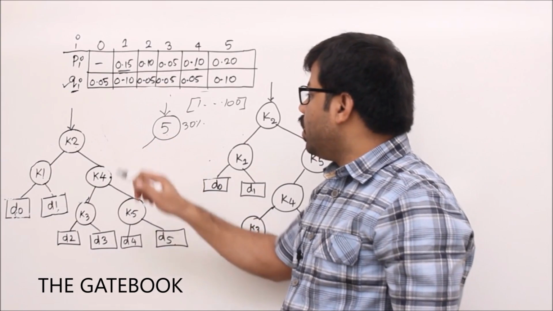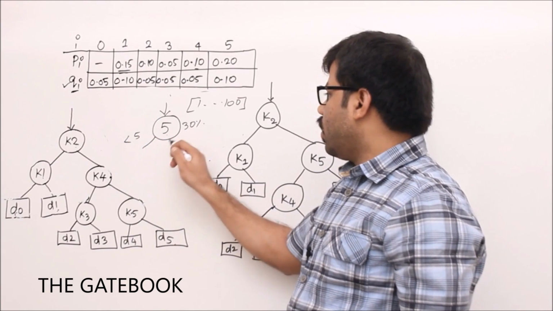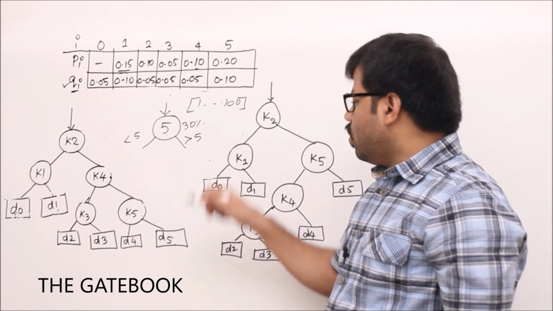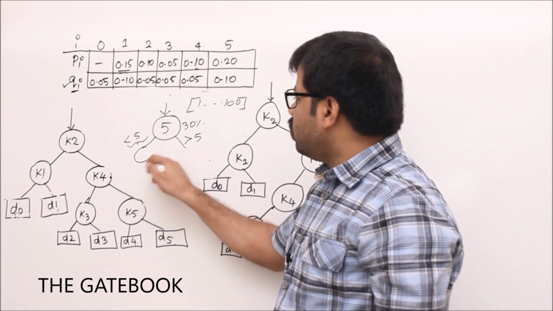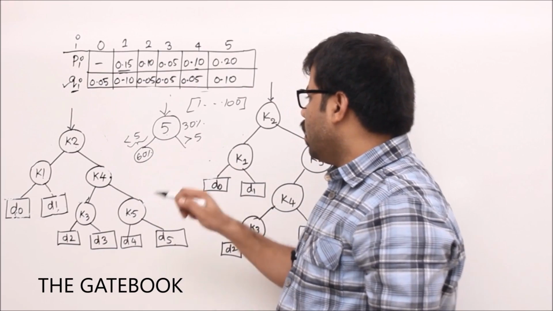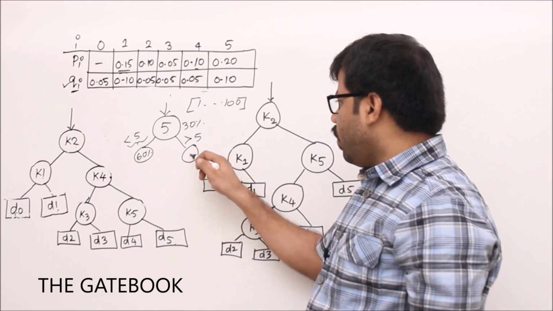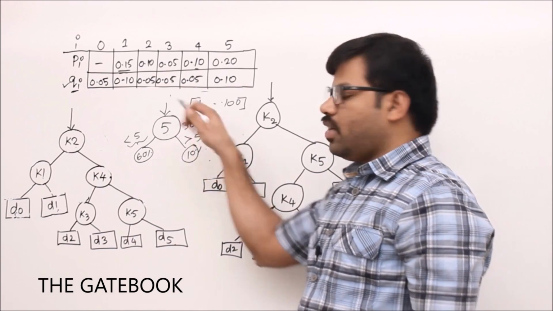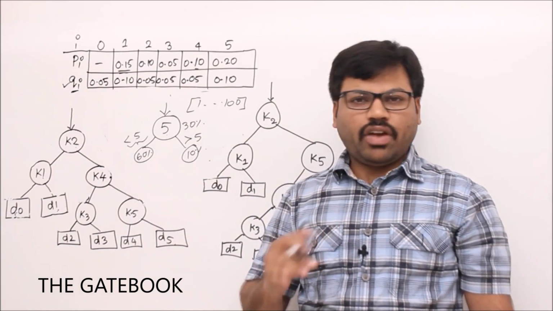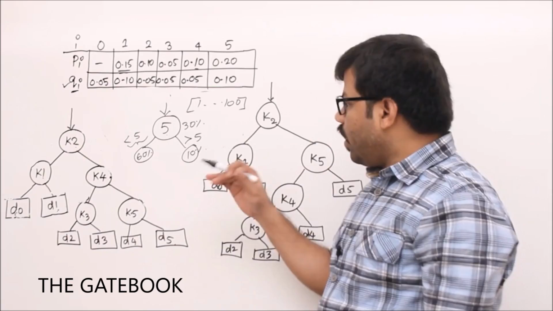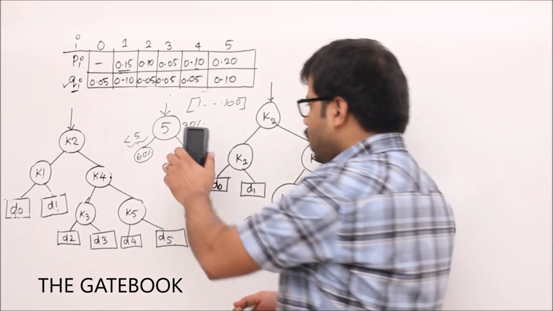So other than 5 means what? Less than 5, greater than 5. So people are searching for less than 5 with, let's say, 60% probability. Then people are also searching for greater than 5 with 10% probability, and the overall is 100. Then that penalty also we have to consider. So far we have not considered that, correct? Sir, why do we have to consider it? If you don't consider it, what happens?